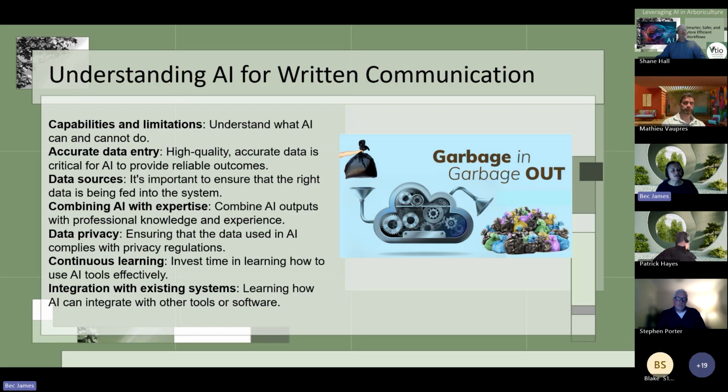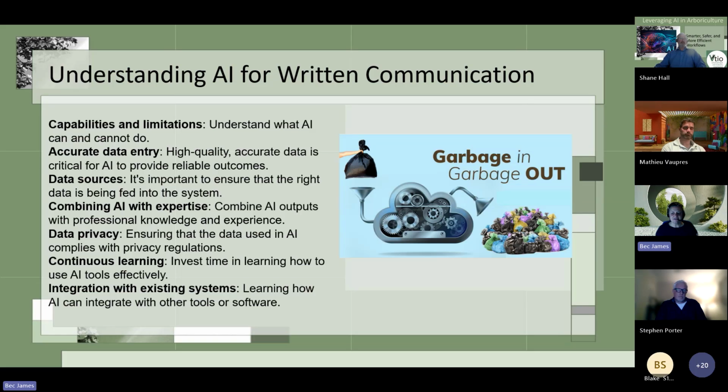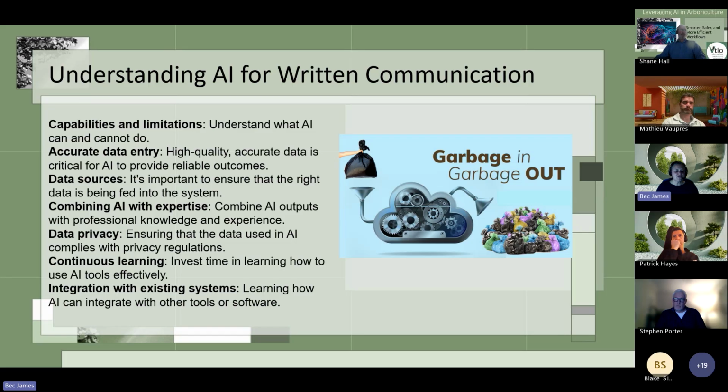And of course, you can use AI to integrate with existing systems such as GIS or customer service request systems. And we're certainly not going to cover that. I'm an arborist first and foremost, not an IT whiz. But these are some of the things that we need to consider when we're using AI for written communication.